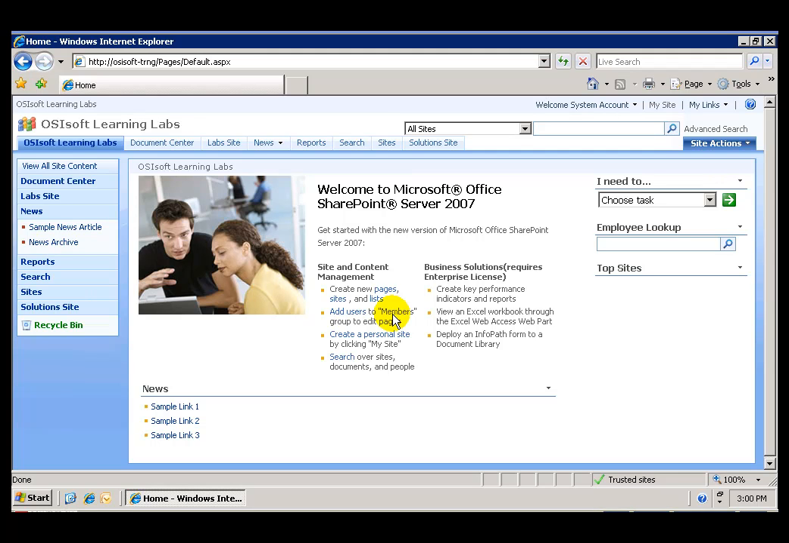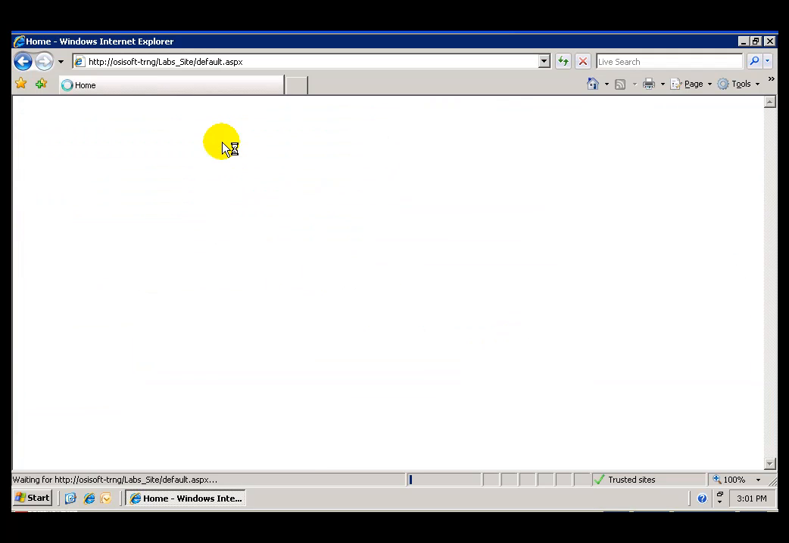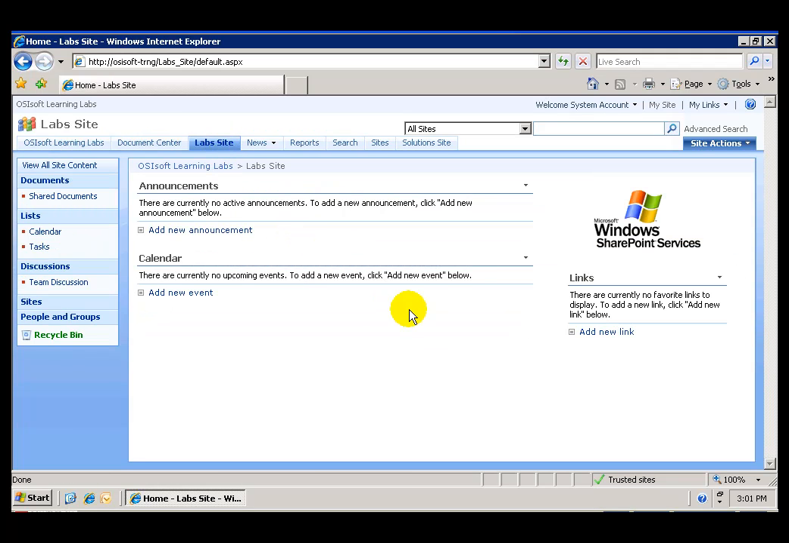Today we are going to configure some simple web parts. You can start by opening Internet Explorer, which will take you to the SharePoint homepage. From here we want to navigate to the Labs site, where we are going to create a new WebPart page